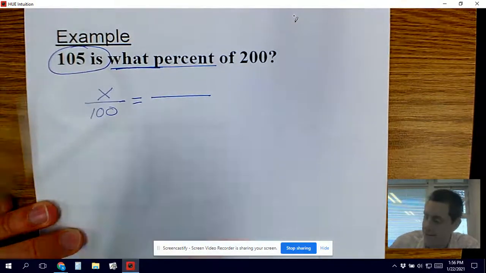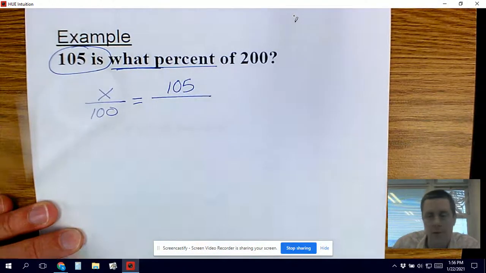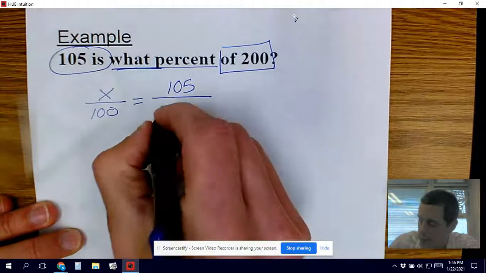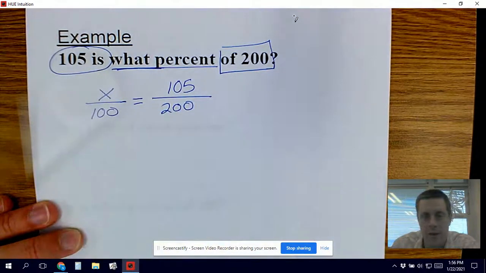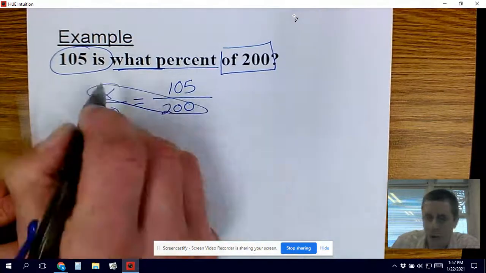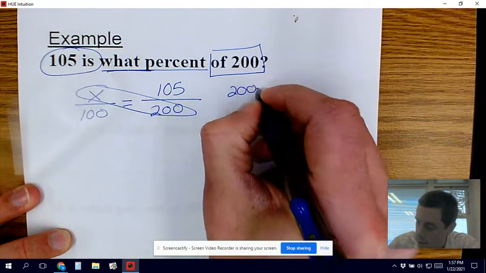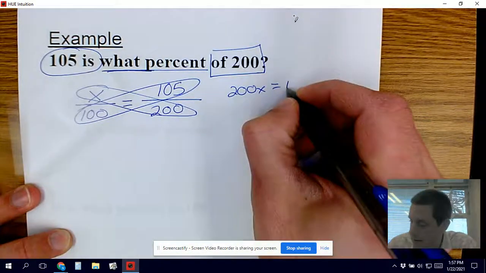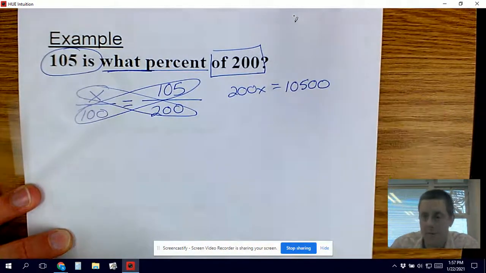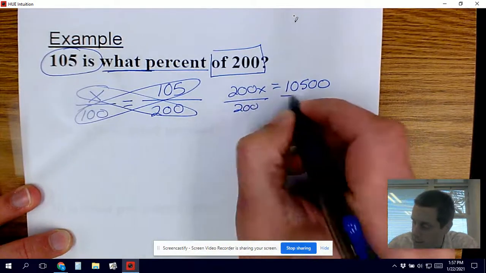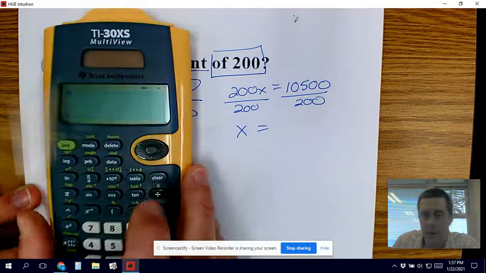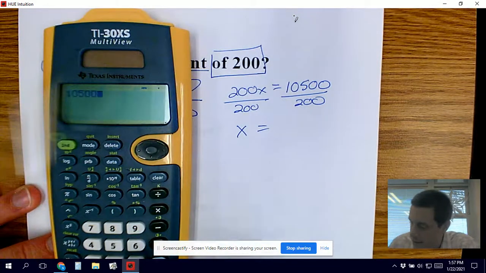Setting up the rest of our percent proportion, 105 is represents the part, so it goes on top of our second ratio. Of 200, of is the whole, so 200 would be the bottom of our second ratio. Let's cross multiply and solve for x. 200 times x is 200x. 100 times 105 is 10,500. Divide both sides of the equation by 200. We are left with x equal to, grab your calculator for that division, 10,500 divided by 200,